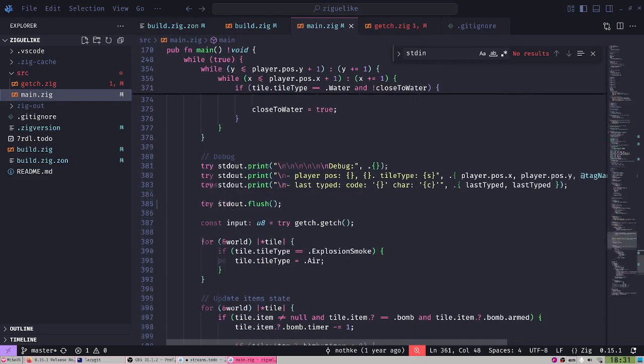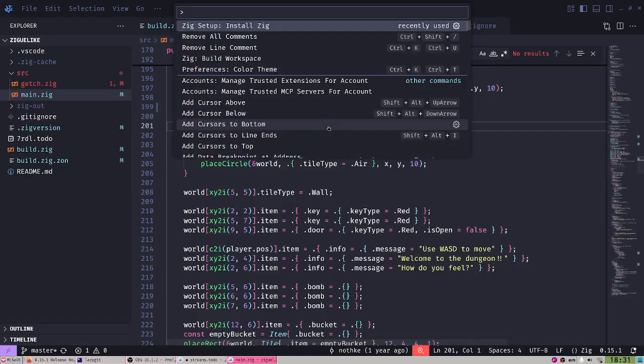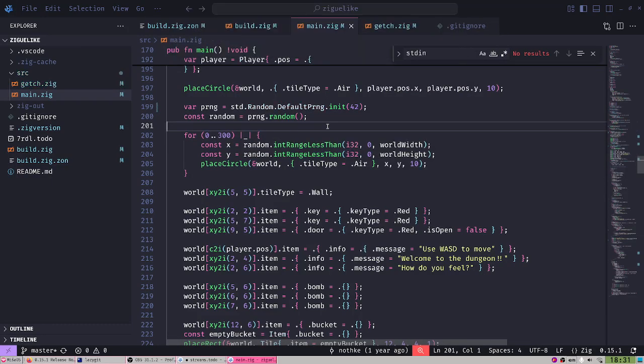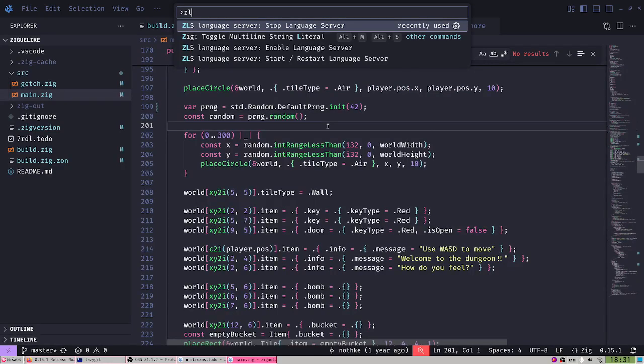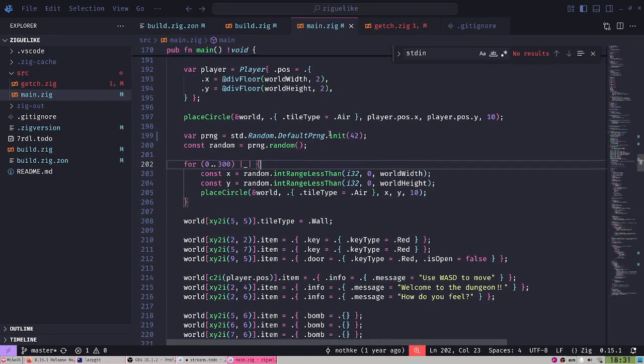And I think ZLS is not working. Let's try restarting ZLS. Stop language server. Enable, start, restart language server. Okay.